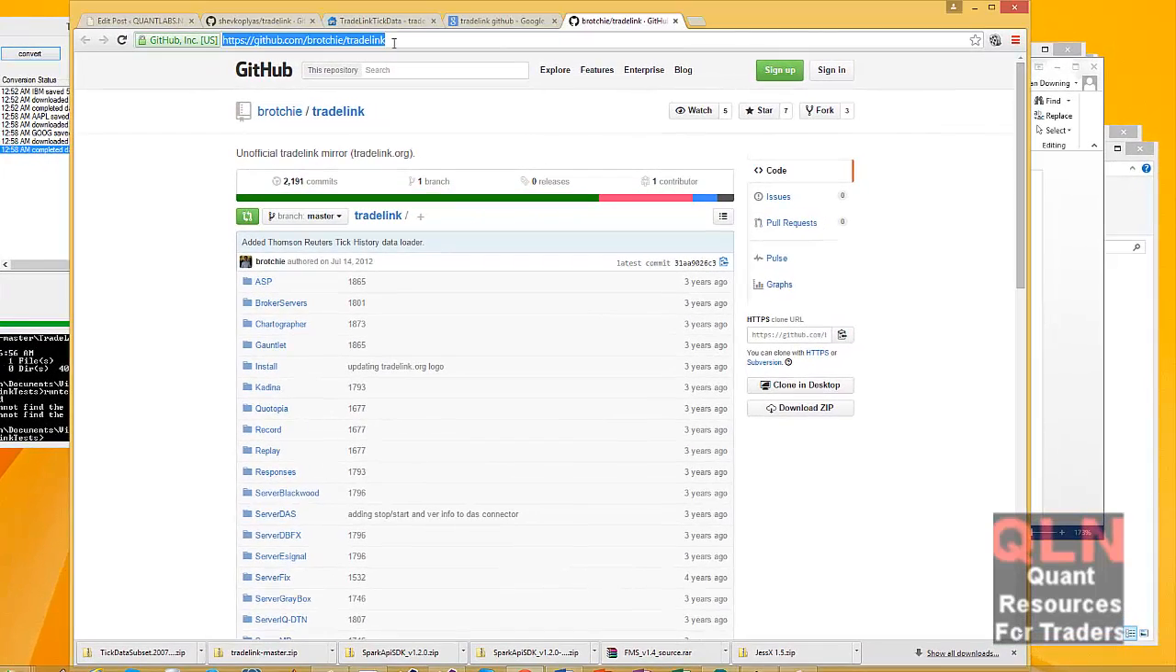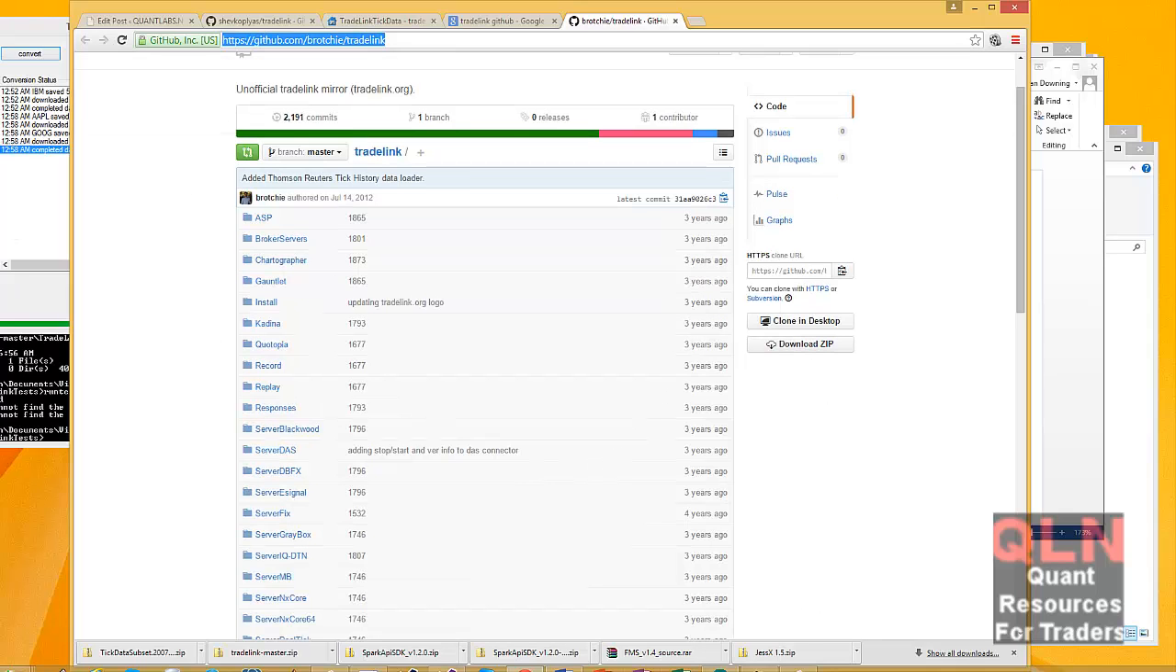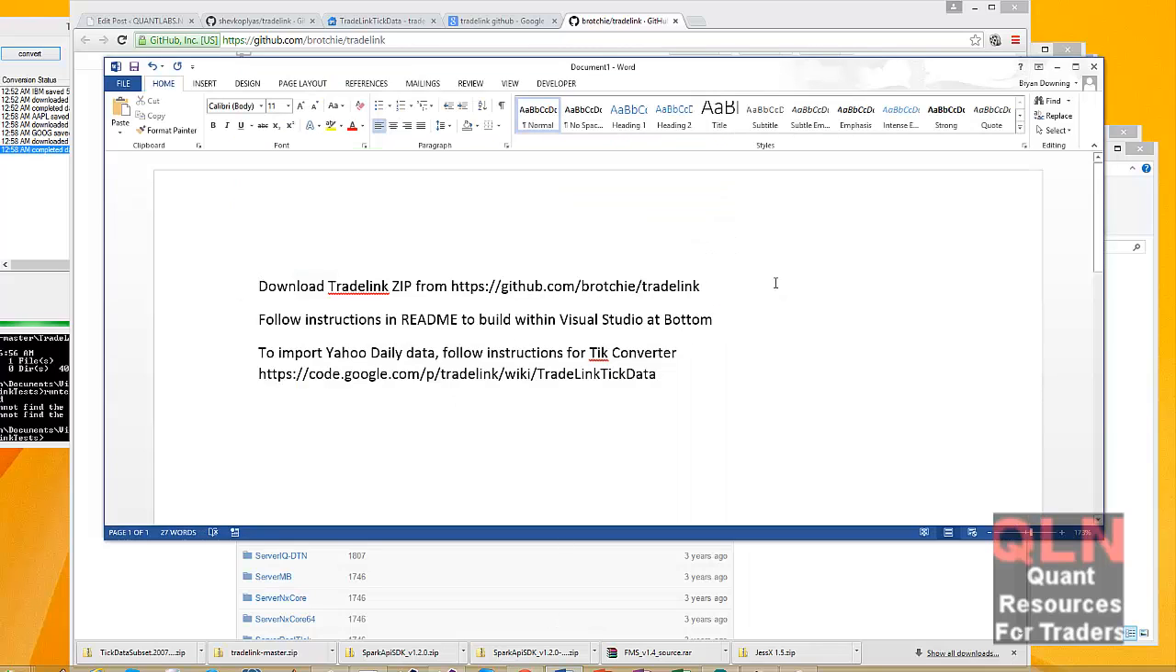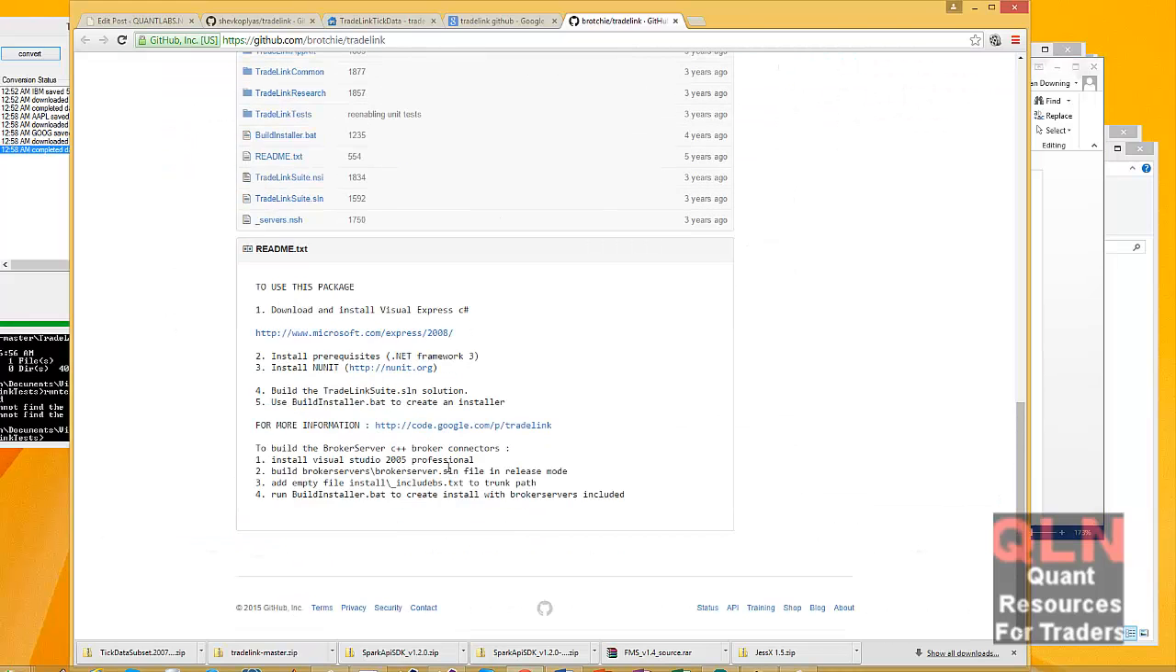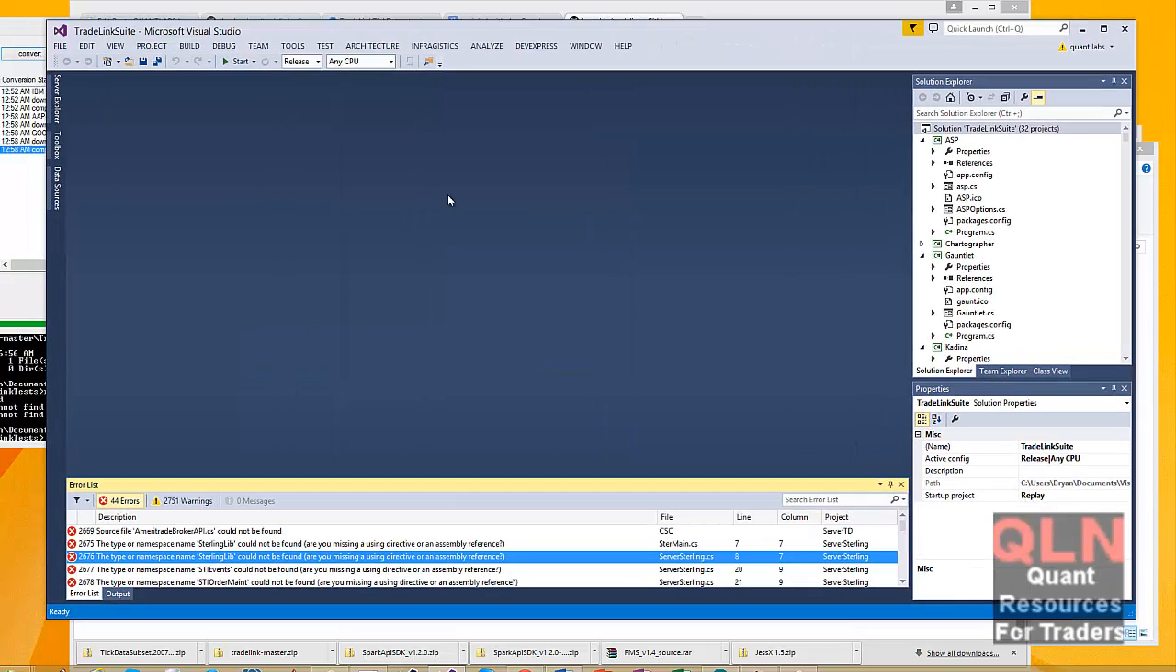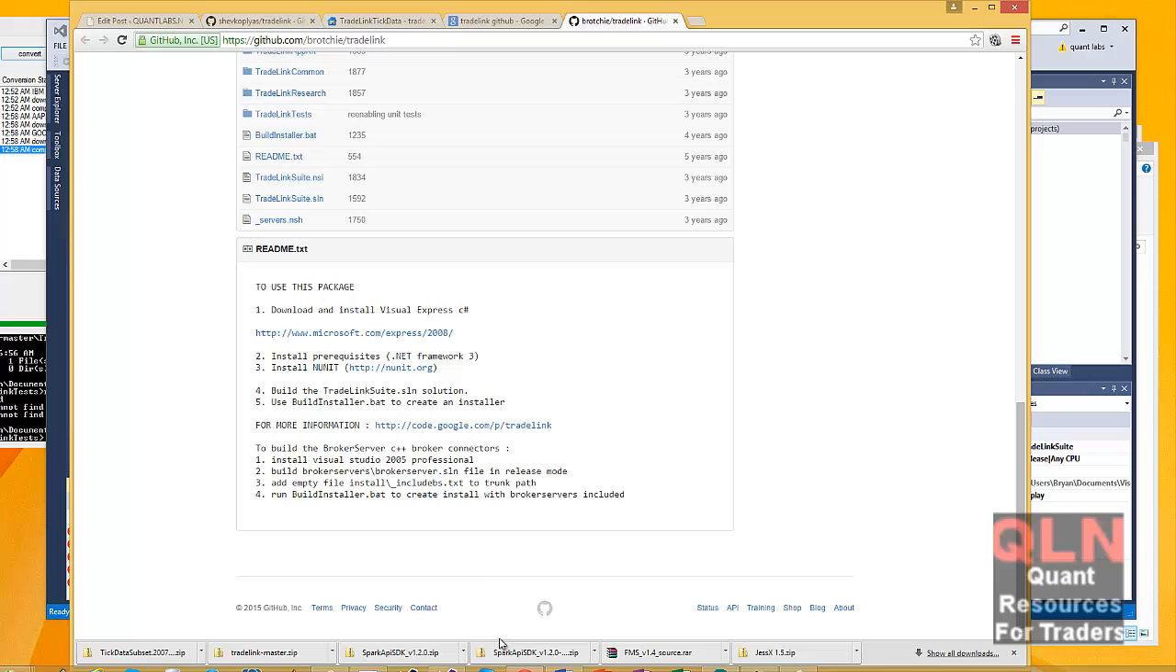Hey everybody, I'm going to show you how to build an older version or a legacy version of TradeLink. Just come to this URL here on GitHub, and I got some instructions here. It's pretty simple. You just follow the instructions under the README at the bottom, all the way down here. So in your Visual Studio, I'm using Visual Studio 2013 Ultimate. What you need to do is install your prerequisites of obviously .NET Framework 3, your NUnit for